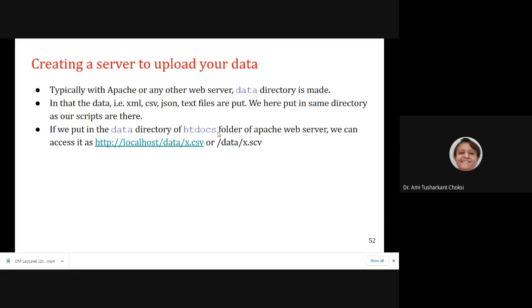On any other PC or any other operating system, it is whatever the web server's root directory is. Root means the web root directory, htdocs or the HTML docs directory. In that we have to put the data, so we'll be able to use it. Either we can use it as http localhost data slash x.csv, or otherwise as slash data slash x.csv, right?